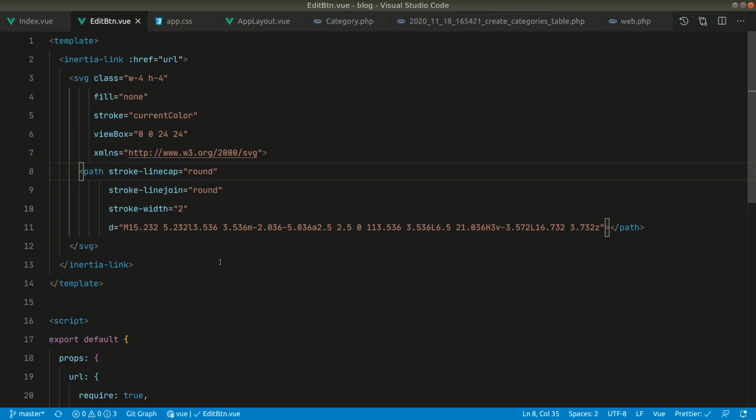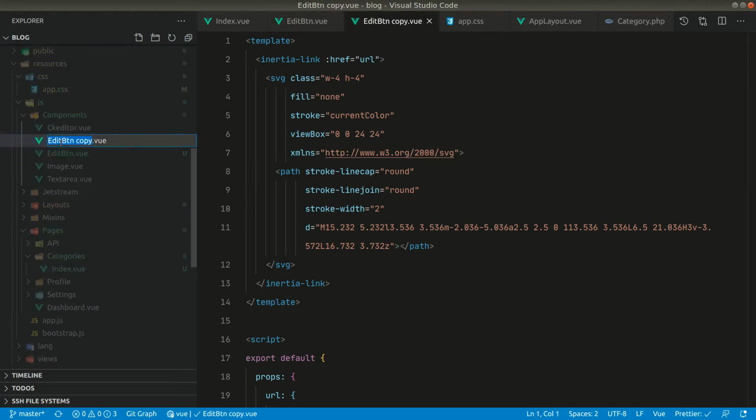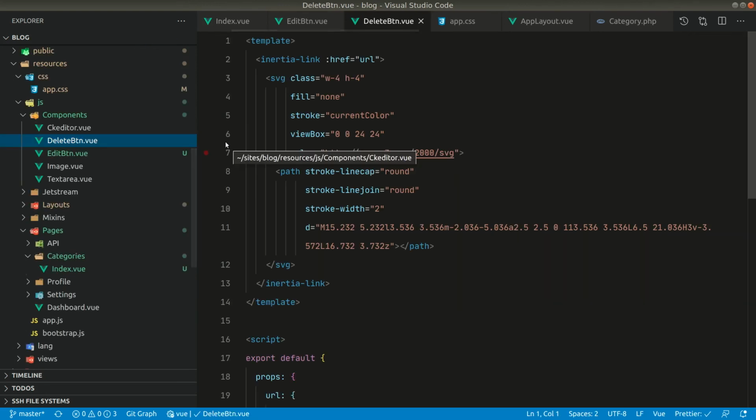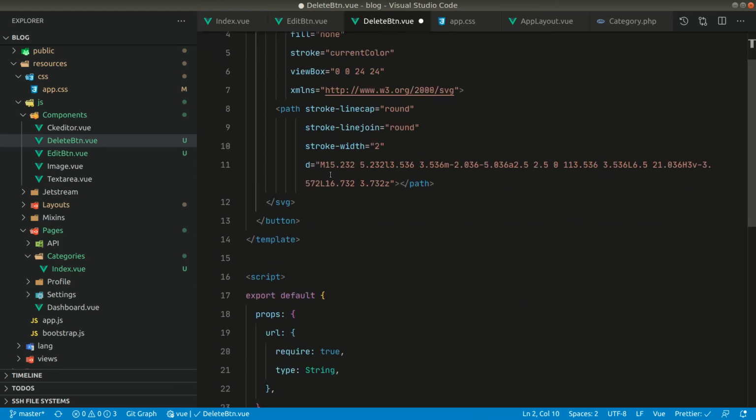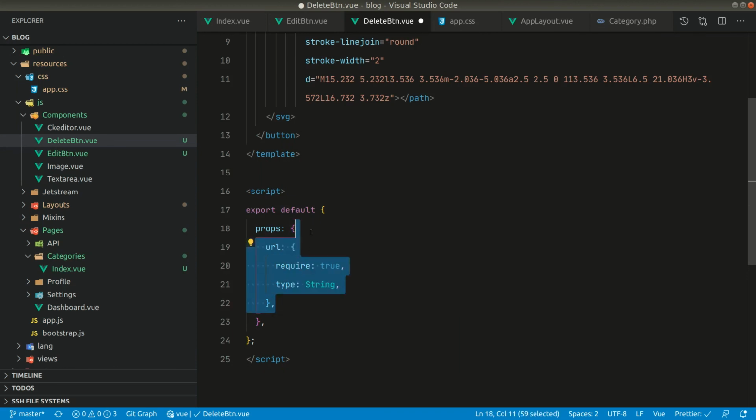Now let us create the delete icon as well over here. So let us also create a component for that, and for now let us just duplicate it and call it delete button, and this delete button will be a button, not a link. So whenever we click on this delete button, it will show a pop-up where it will say, are you sure you want to delete this? And when we click on OK, then it will delete that item. So let's say button, and let me remove this href because a button will not have an href attribute, and I will remove this as well for now.